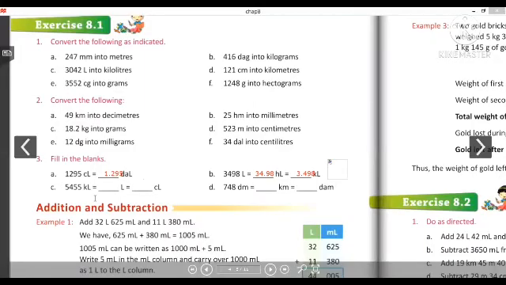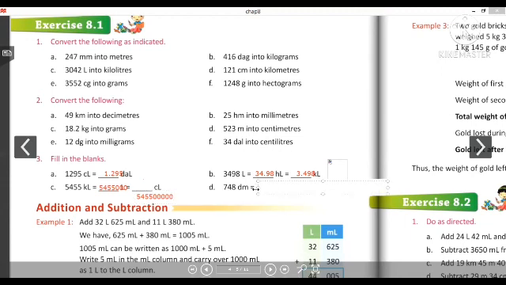So now for 5455 kiloliter, first of all we have to convert into liters. So if we need to convert into liters, that means we are going from higher unit to lower unit, so we need to multiply. So we have to multiply by 3 places, right? So 5455,000 liters, and for centiliter, what we have to do? So from liters, if we want to go to centiliter, again we have to multiply. That means we need 2 more zeros, right? So total there will be 5 zeros.